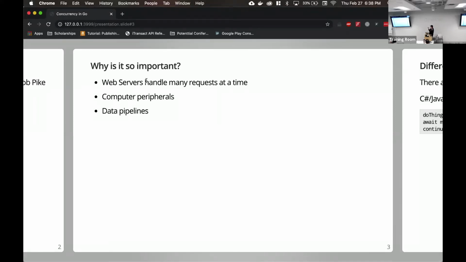And you have different processes that are pulling in input, and then you kind of combine it into one thing, some sort of event loop. And then data pipelines is a real big one where maybe you have some user input data coming in, and then you're doing some machine learning and data processing on it, and then after that you have to store that result in the database. And you can kind of think of those as three separate processes, and you can then parallelize those processes so that you can get higher throughput.